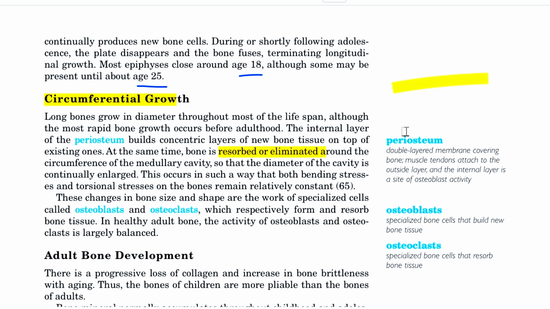So in the whole lecture, we have discussed that longitudinal growth occurs at the epiphyseal plates and stops at plate closure, and circumferential growth continues through life, helping bones adapt to mechanical stresses. And osteoblasts